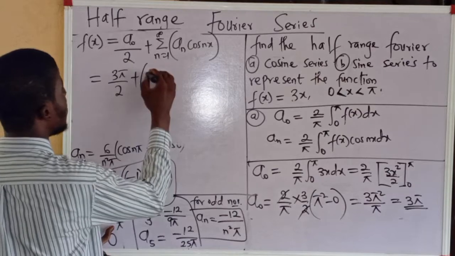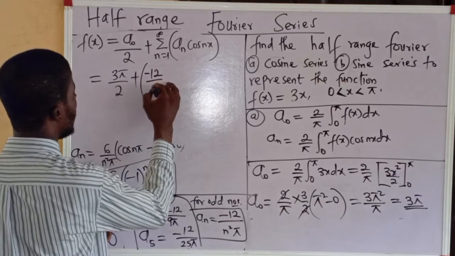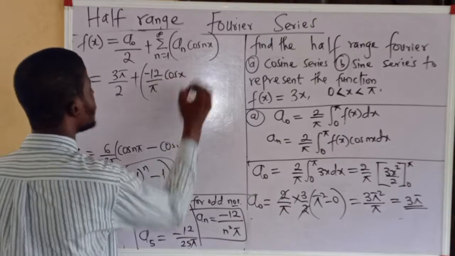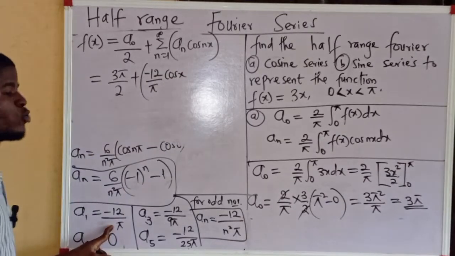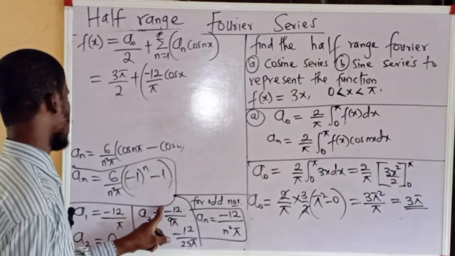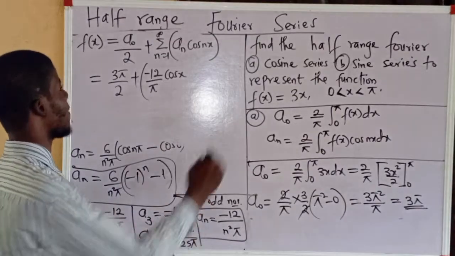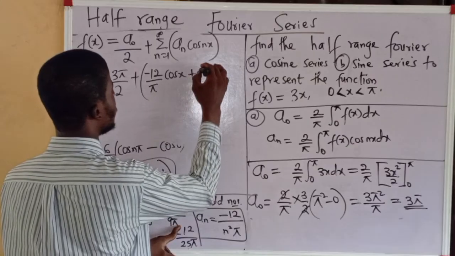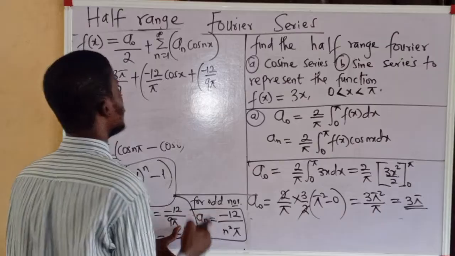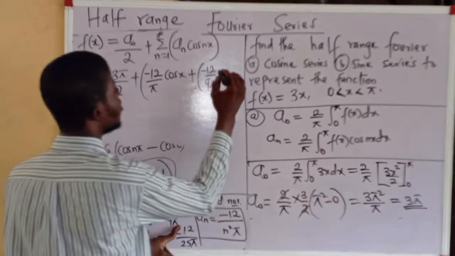So we have minus 12 over pi cos 1x, that's cos x. When n equal to 2, it is 0. When n equal to 3, this is it, minus 12 over 9 pi, that's plus minus 12 over 9 pi cos 3x,